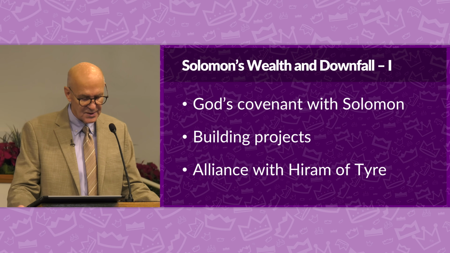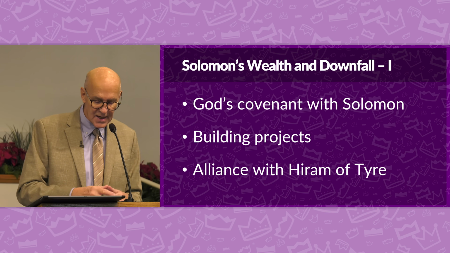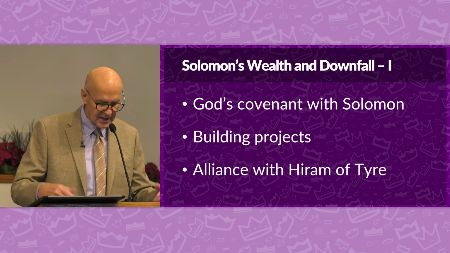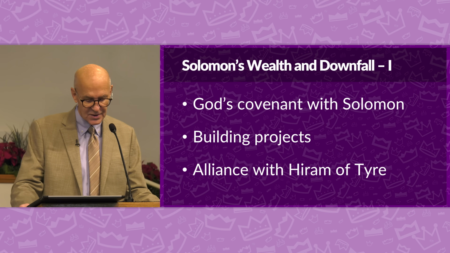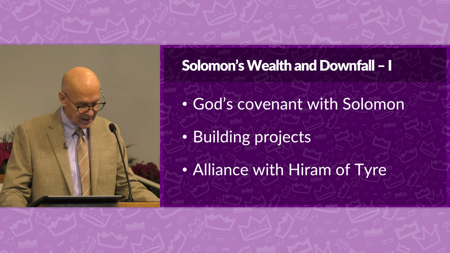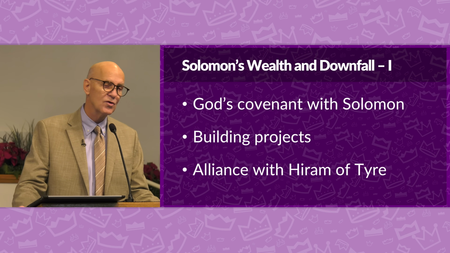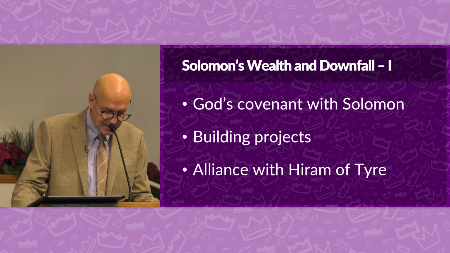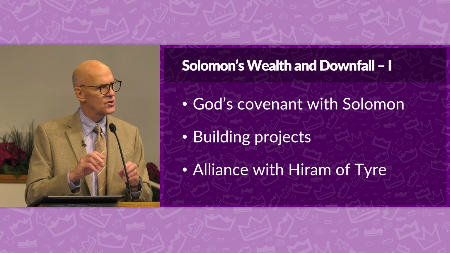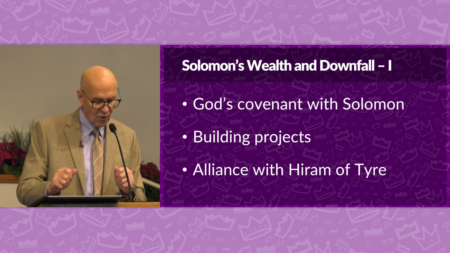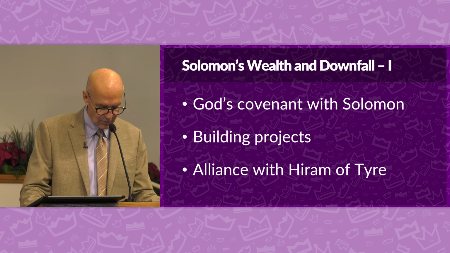Solomon continues his massive building campaign, and he fortifies cities. He builds a fleet of ships. He enhances the infrastructure of his kingdom. Solomon continues his alliance with Hiram, supplying him with cities in Galilee in exchange for building materials. And of course, we read later on, Hiram's dissatisfaction with these cities gives us a little hint at growing strains in foreign relations that Solomon is starting to have at this point in his reign.